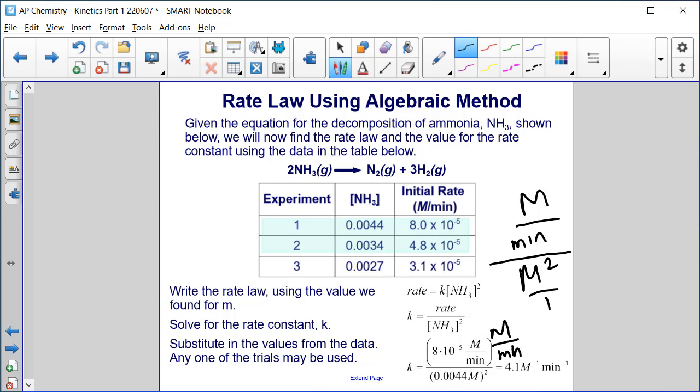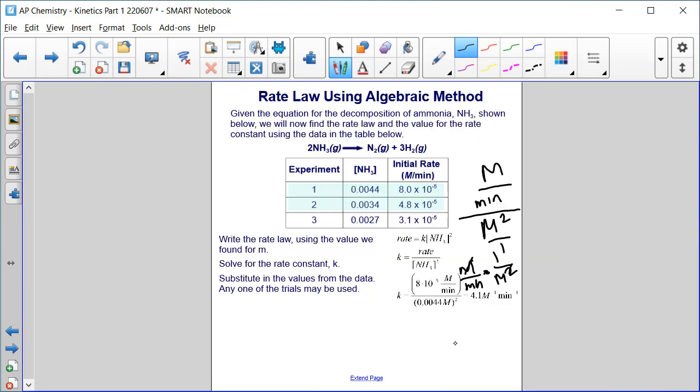If I wanted to see this a little more clearly, it would be multiplied by... So I change this division to multiplication, and I flip this. It would be 1 over molarity squared. So this 1 molarity cancels, and I'm left with, run out of room here a little bit, 1 over minutes